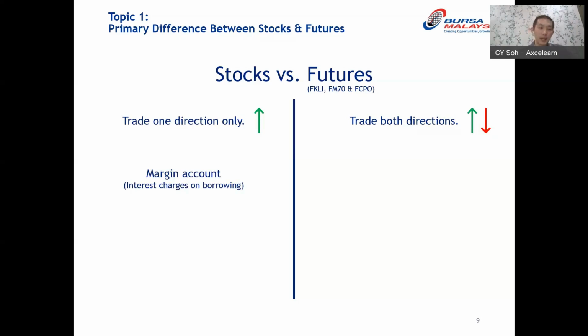or you use a margin account to trade stocks, where you get margin facilities from your stockbroker by borrowing money from your stockbroker to trade. So that's where you will be having leverage. So you need a margin account and use these borrowing facilities to trade your stocks. So this is where you are borrowing money from the stockbroker to trade, and you need to pay interest charges